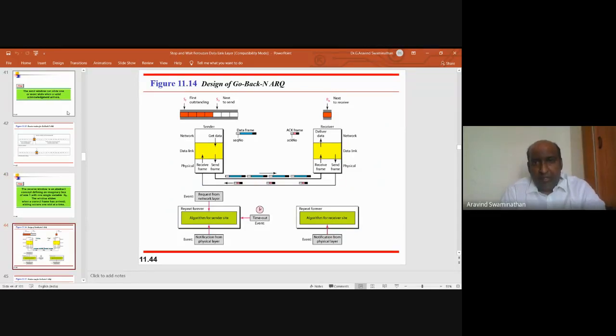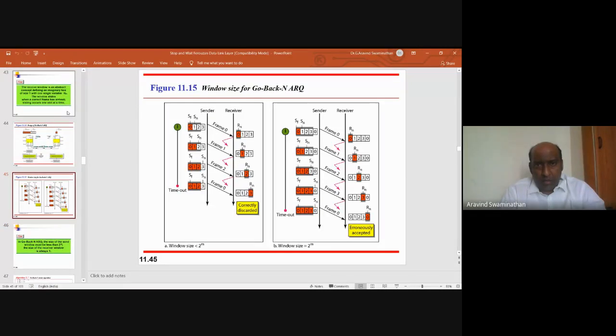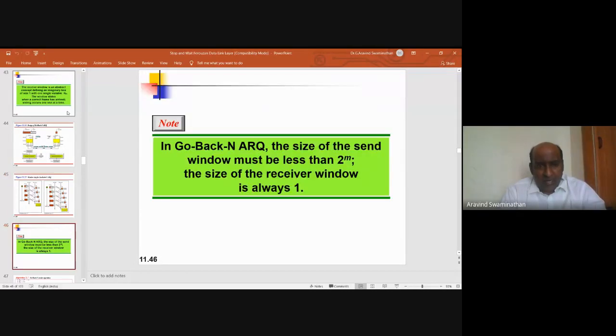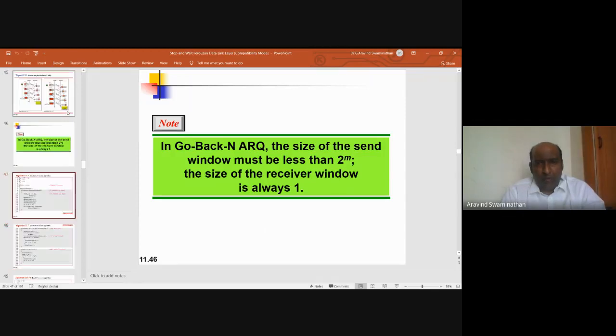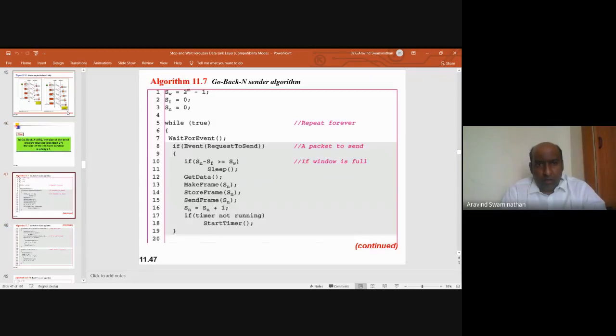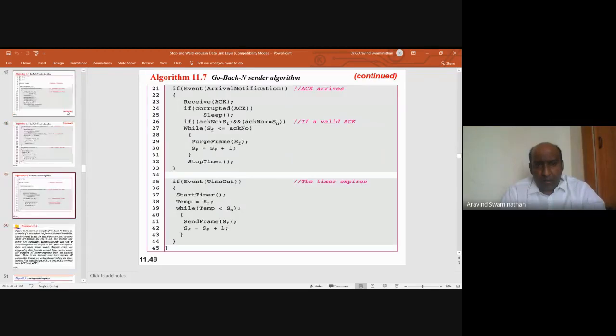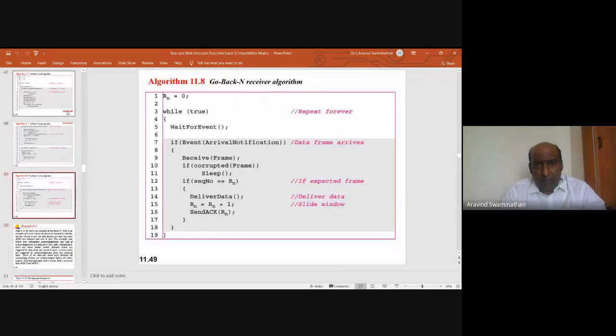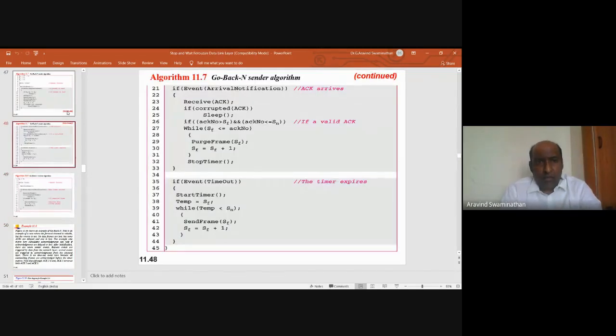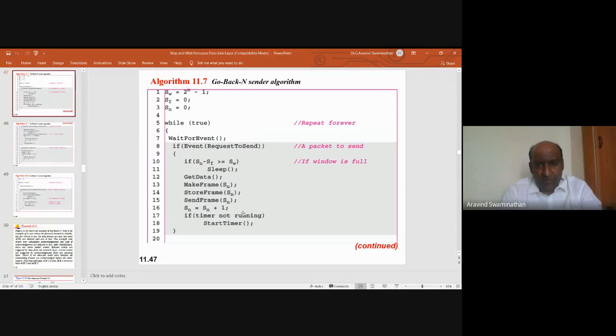This is Go-Back-N ARQ. We have the sender, we have the receiver. So we can use the window size, and we can see here for Go-Back-N ARQ, the window must be less than 2 power m. So we can see here that